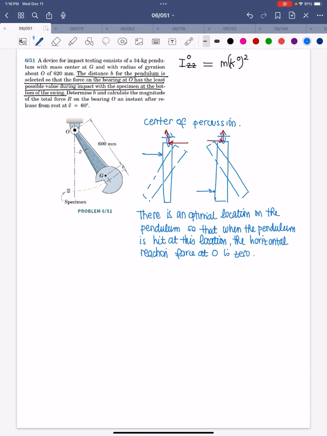Okay, this point is called the center of percussion, and this concept is applicable in machines like this, but also